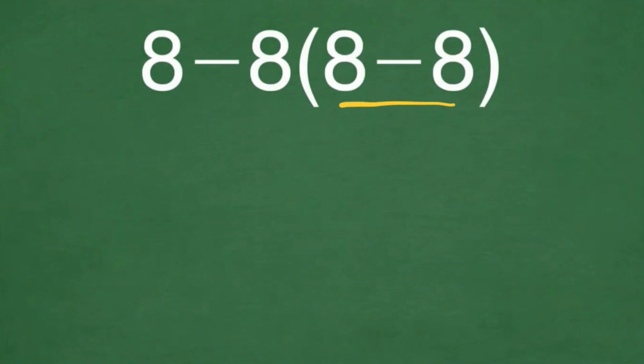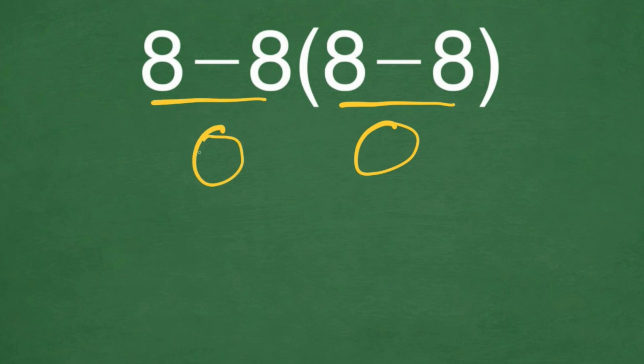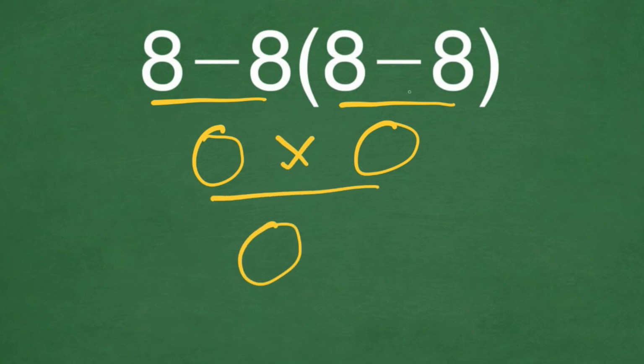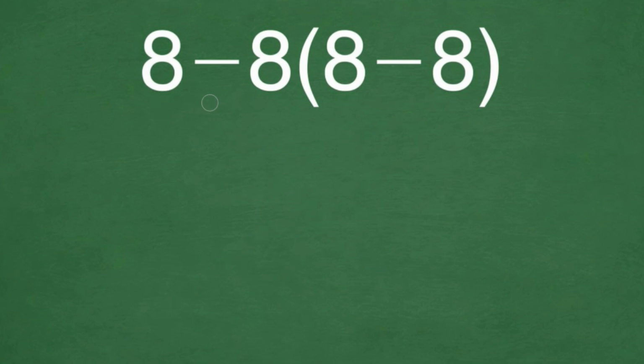8 minus 8 is equal to 0. And again, 8 minus 8 is equal to 0 once again. And 0 times 0 is equal to 0. But this answer is not correct, because according to order of operation, which is PEMDAS, P-E-M-D-A